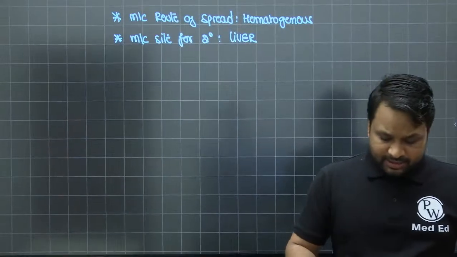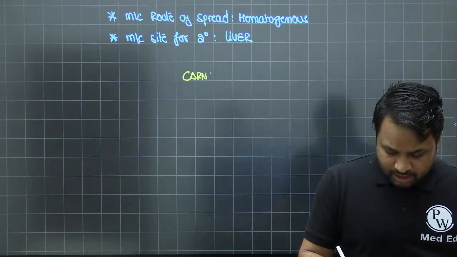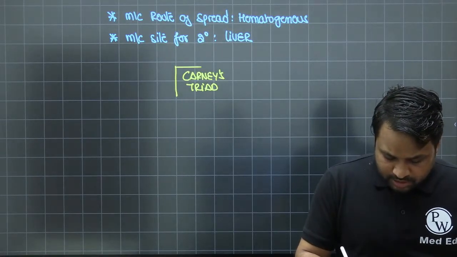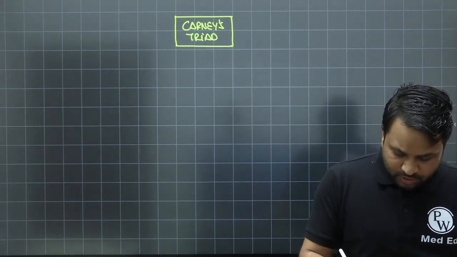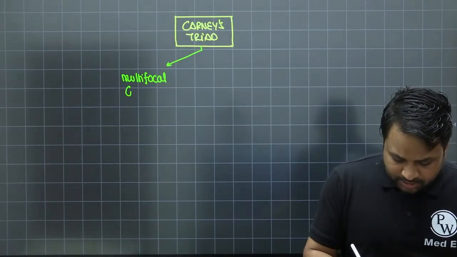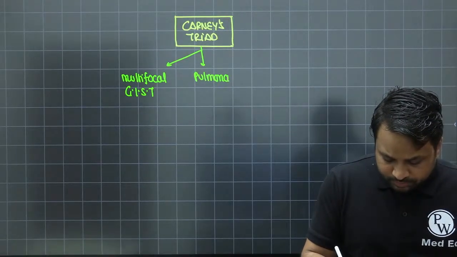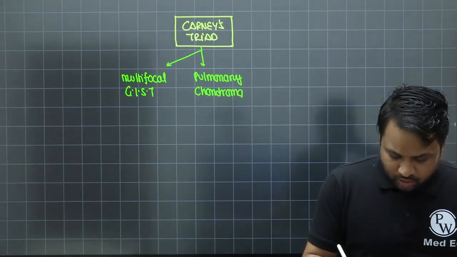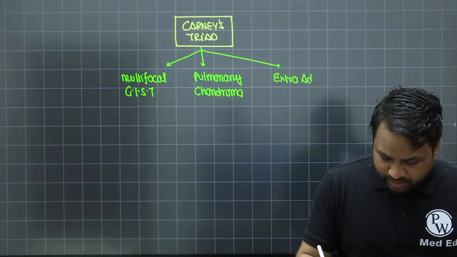Now, another interesting thing that you will see with GIST: it is found to be associated with a triad called Carney's triad. The components of Carney's triad: number one, presence of multiple GISTs at multiple sites. Number two, it is associated with pulmonary chondroma, as well as